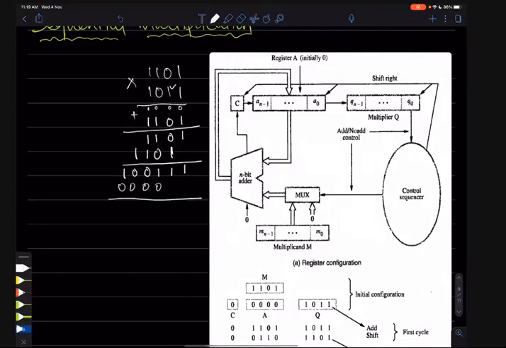So this is the third bit. The third bit is 0, so that means what? We will have 0 0 0 0. So we have applied a right shift to this number. Previously we had done our addition in this step. Now we will do it in this step. Previously we had done it in this step. So clearly we can see there is a right shift to the number. So this number is right shifted and we have written our 0 0 0 0 here. And the output is the same.